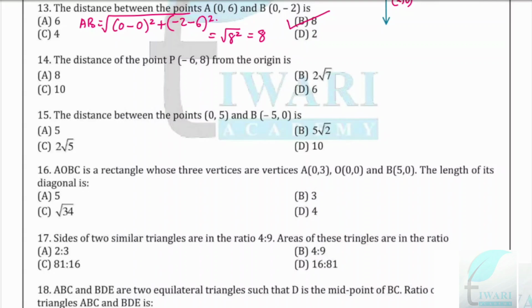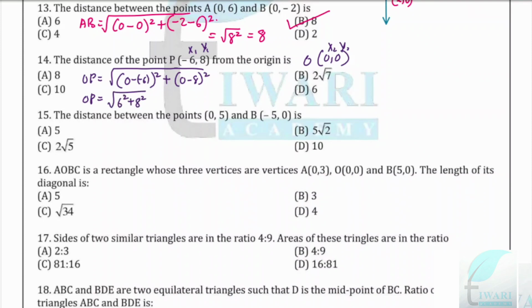Okay, so now coming on to question number 14. The distance of the point P from the origin is what? So coordinates of point P are (-6, 8) and the origin will be (0, 0). So OP will be equal to, let us consider this as x1, y1 and this as x2, y2. So OP will be equal to the square root of (0 minus (-6)) whole square plus (0 minus 8) whole square. So OP will be equal to under root 6 square plus 8 square, which can be written in the form of